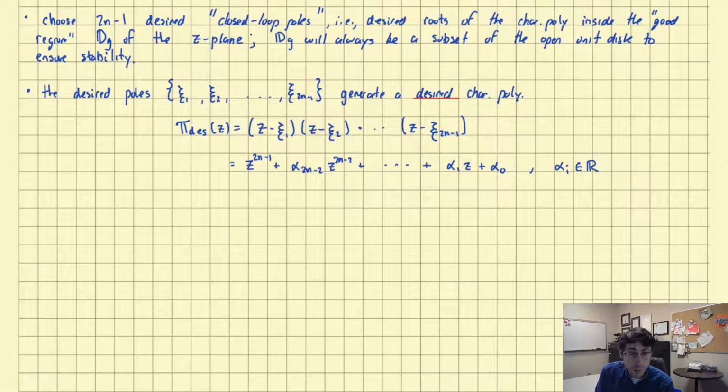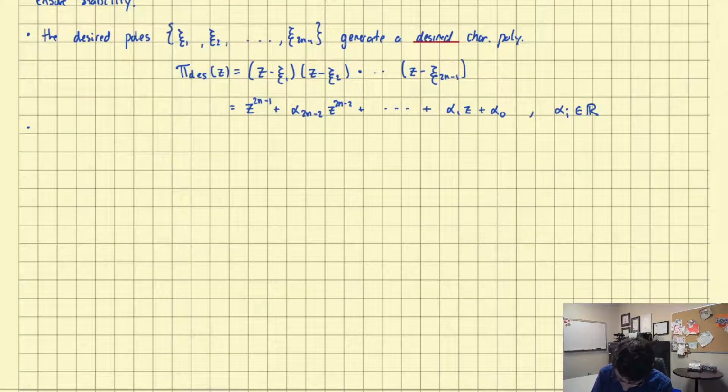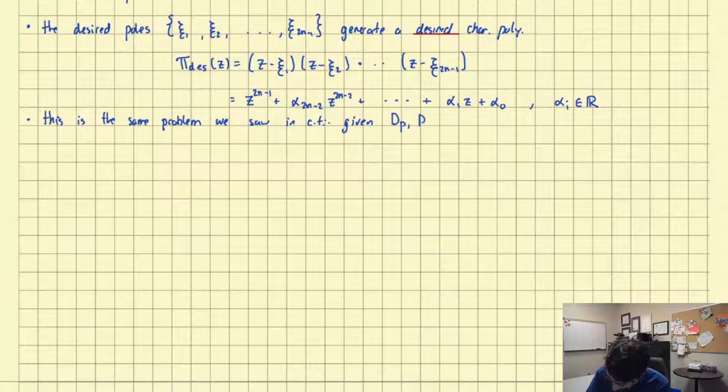Okay, so in other words, this problem looks exactly the same as continuous time. This is the same problem we saw in continuous time. Namely, given polynomials, two of them coming from the plant, given the polynomials which define the plant, and given the desired characteristic polynomial, find